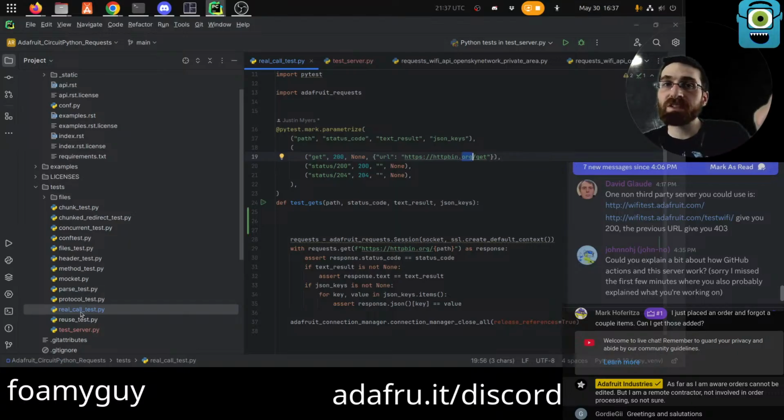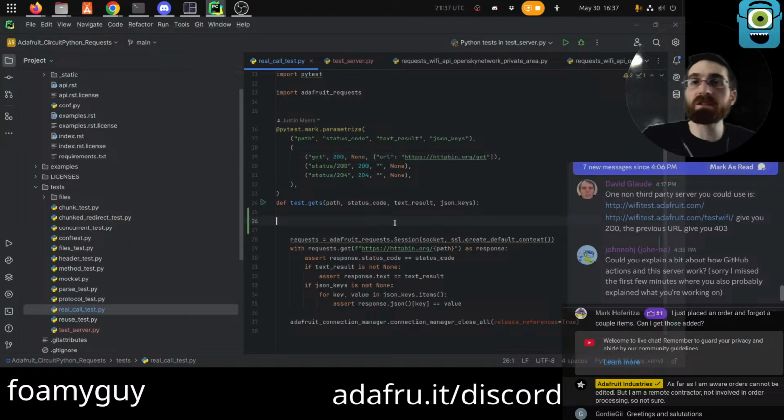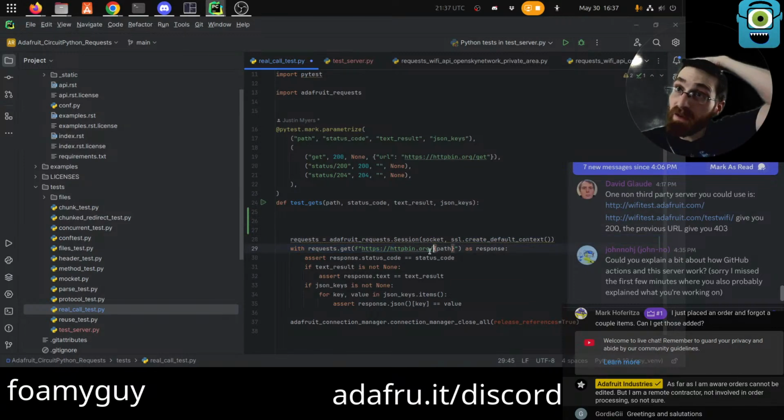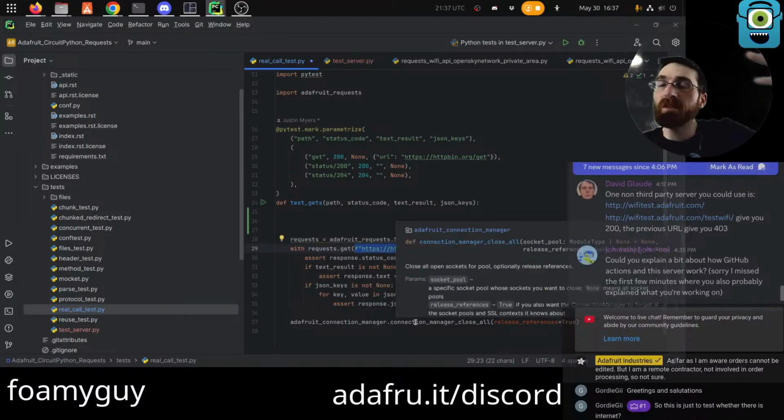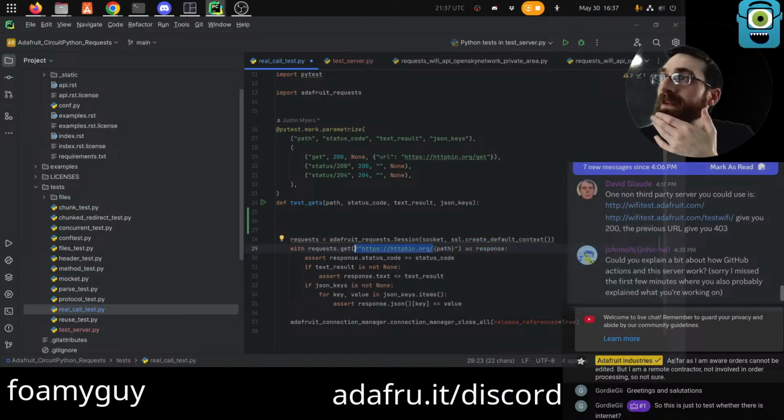So it could eventually expand and more stuff could get done with this server, or it could just cover this one. But the main goal is to get it so that we're not relying on that third-party service, and then whenever that service is down, our test is failing, which is not ideal. So this is just a test whether there is an internet.